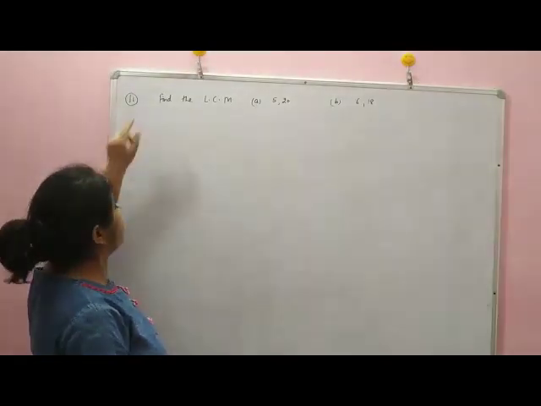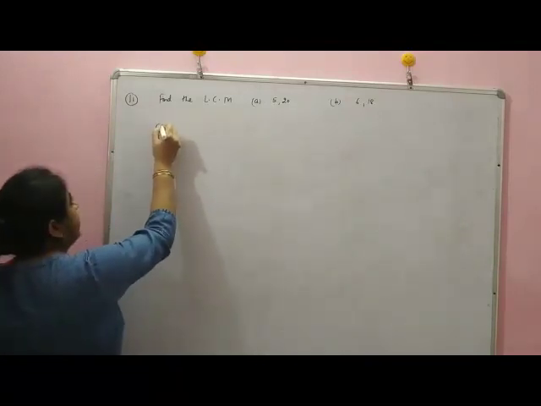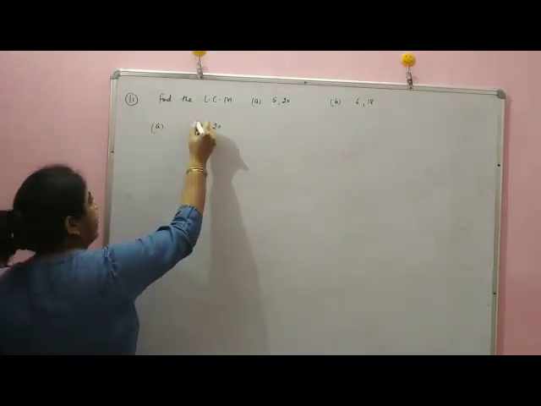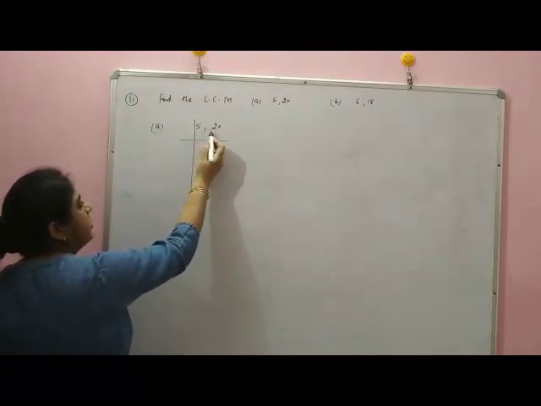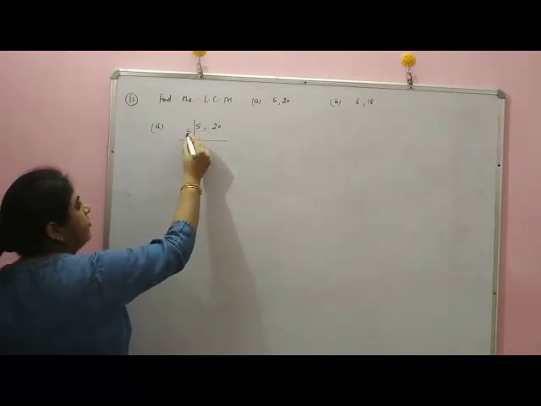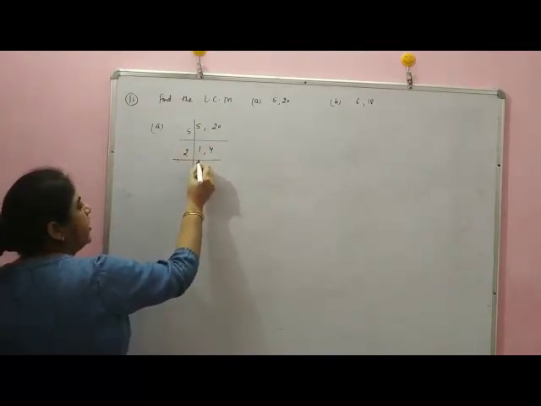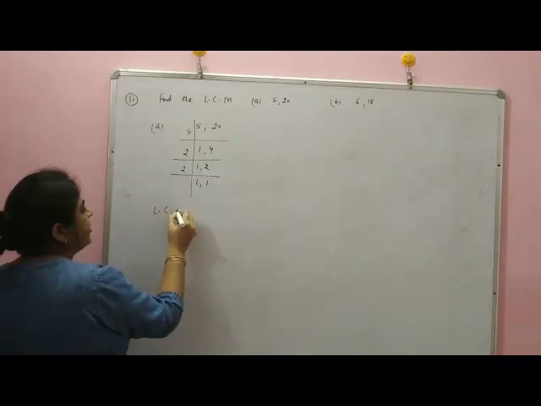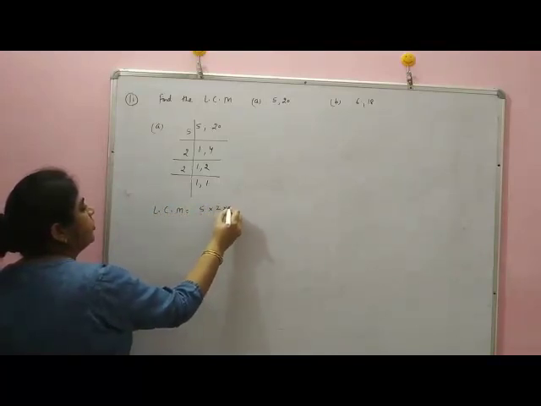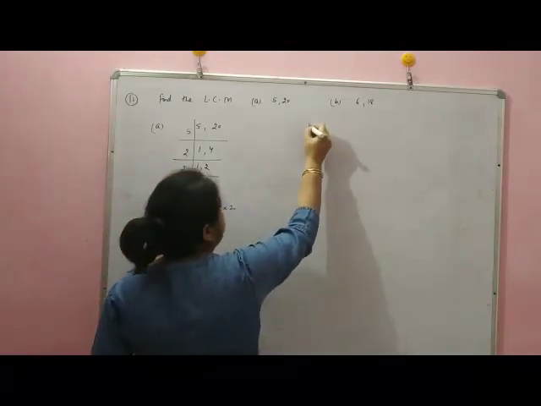Students, now we are here with question 11, that we have to find the LCM of these numbers. See, first part, LCM of 5 and 20 using the common division method. Observe in which table both come: 5. So 5 ones are 5. 20 divided by 5 gives you 4. Taking 2, 1 as it is. 4 divided by 2 is 2. Taking 2, 1 as it is. 2 divided by 2 is 1. So what is your LCM? 5 into 2 into 2. So your LCM is 20.